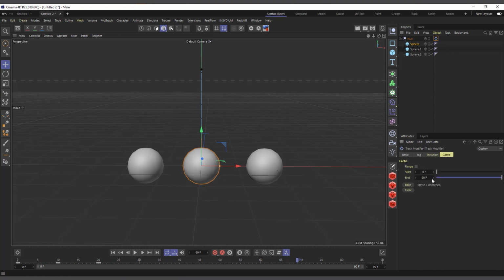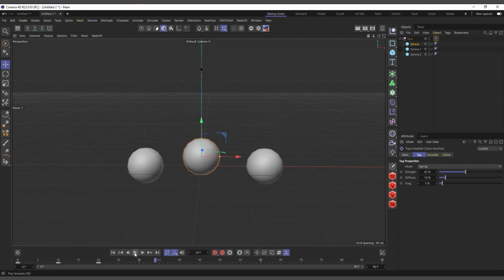The next is the cache. The cache applies only to the spring and I think the smooth, right? The noise mode doesn't have cache, and the posterization mode also doesn't have cache. So let me go back to the spring. Basically, because this one is a post effect, it does the calculation after your animation. It does a bit of calculation in there.